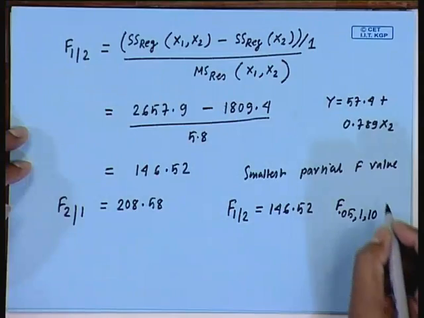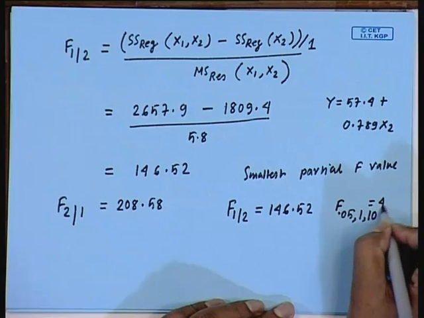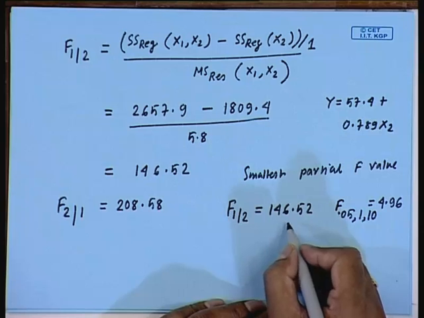So, the residual degree of freedom will be 13 minus 3. So, that is 10, okay, and this value is equal to 4.96,